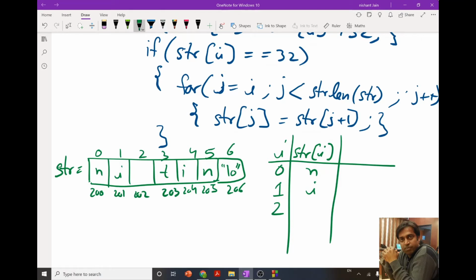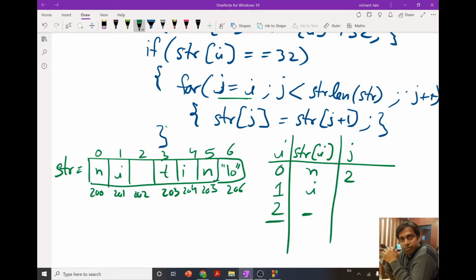Over here we have space, so now this condition becomes true. When it is true, we come inside and we have this j equals to i. The value of i is 2, so the value of j becomes 2.